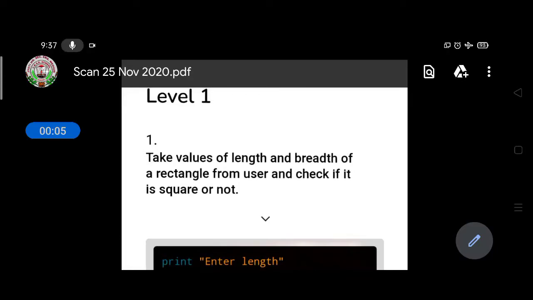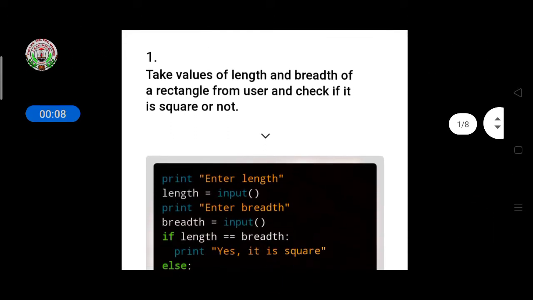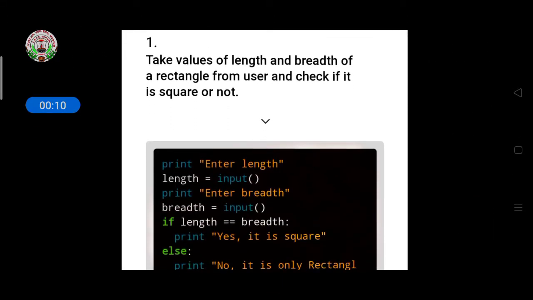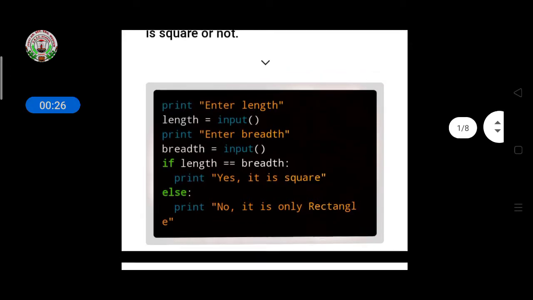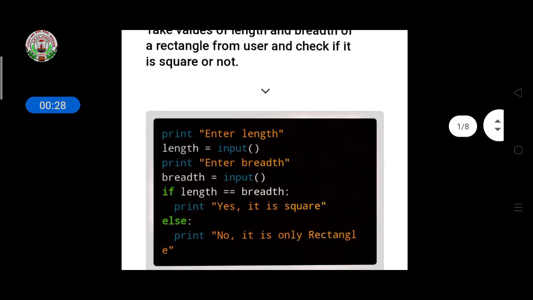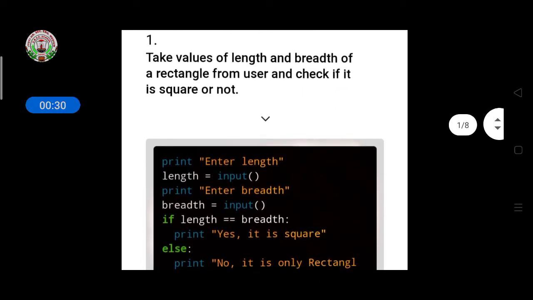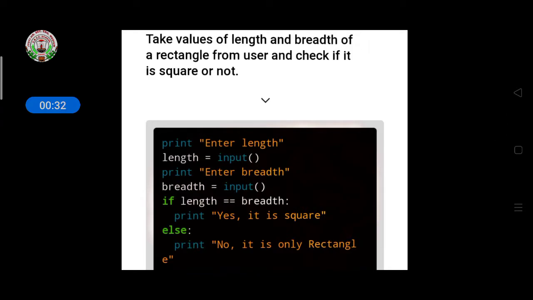So here some questions are there. Here in the questions we are using if and else conditions to make the program. So I will discuss here some questions with you, and you go through these questions because the question with solution is also given here. And while you are making the program, write this program in your script editor, Python editor, and then get the output.